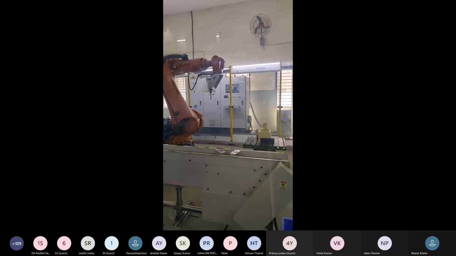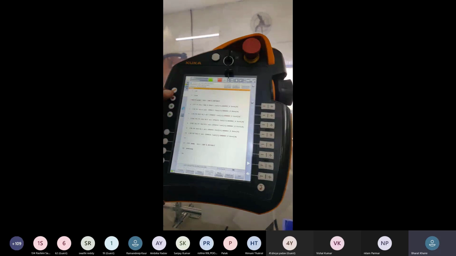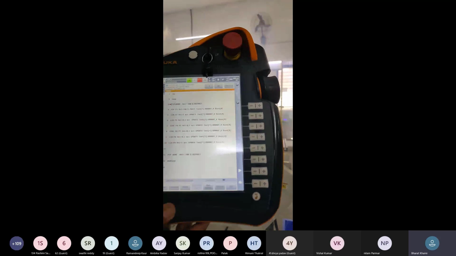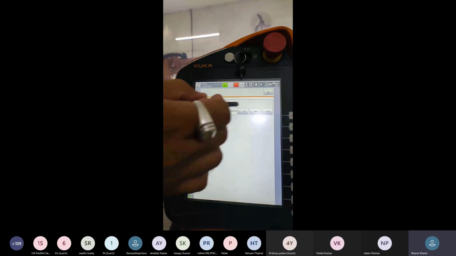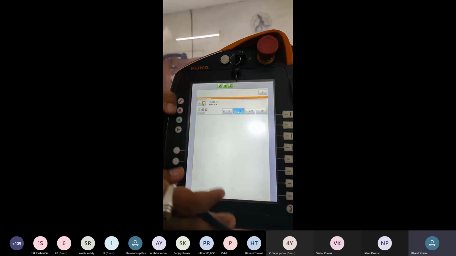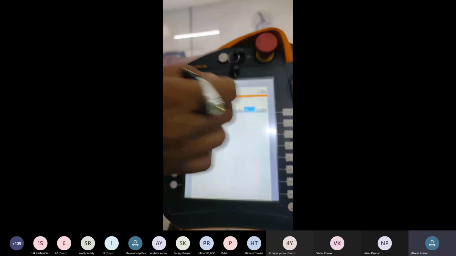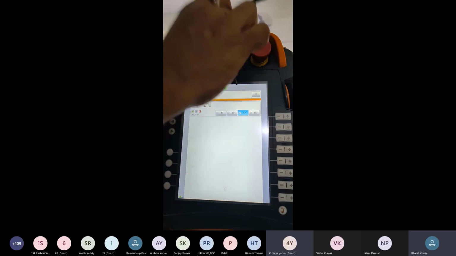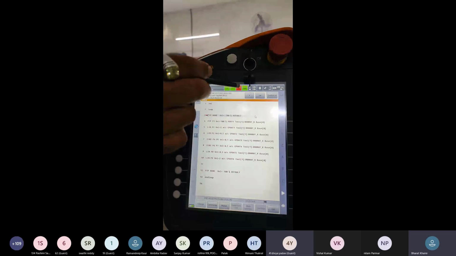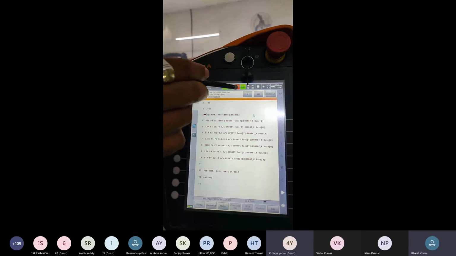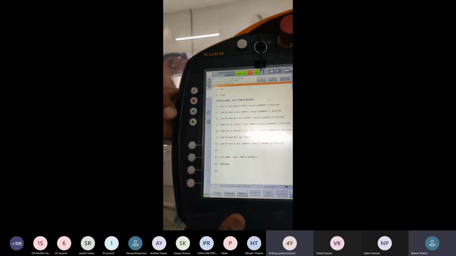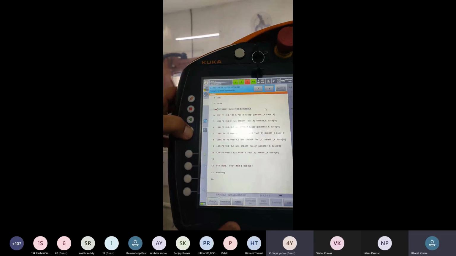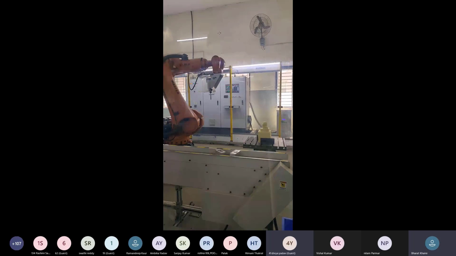Okay. Now T1 mode is a manual mode to make a program. T2 mode is for testing, and auto mode is to run the automation program. So we convert to automatic mode. Now we can watch here, automatic mode is green, right? Okay. So we just press the play button. Okay, thank you, sir.